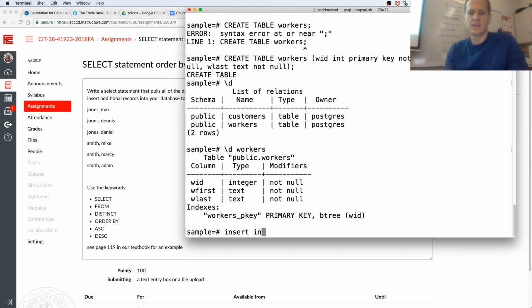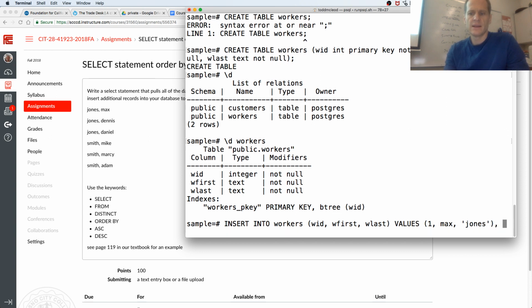And now I'm going to insert into workers, WID, W first, W last, values, and we've got 1, Max, Jones, 2, Dennis, Jones, 3, Daniel, Jones, 4, Mike, Smith,